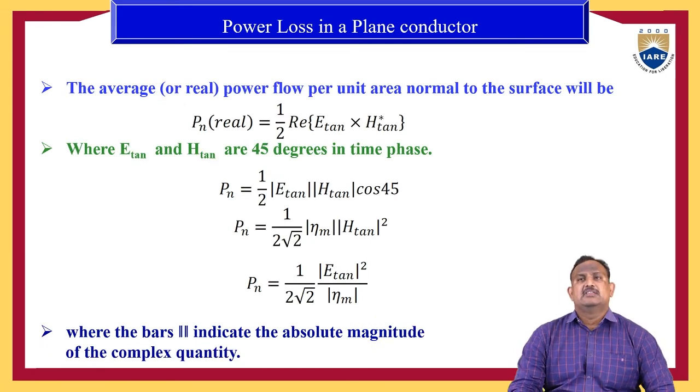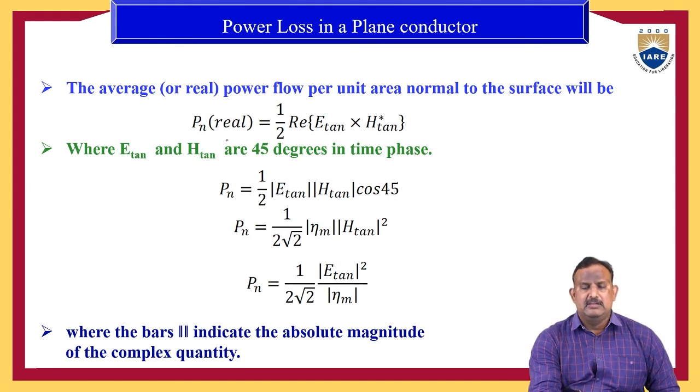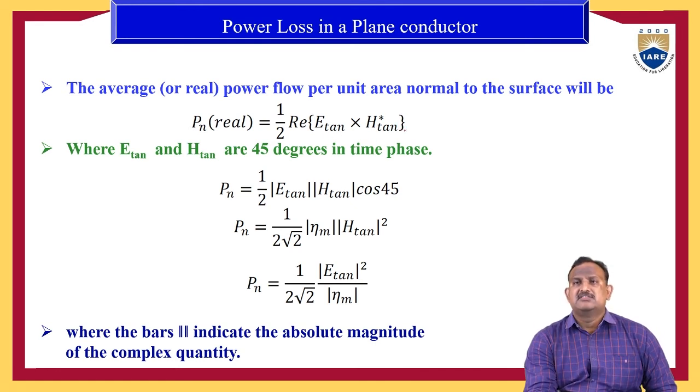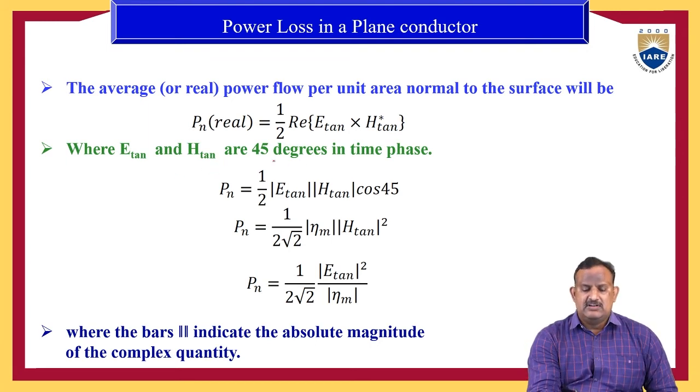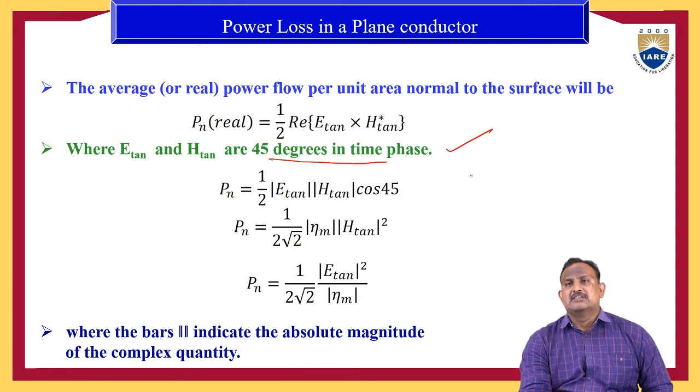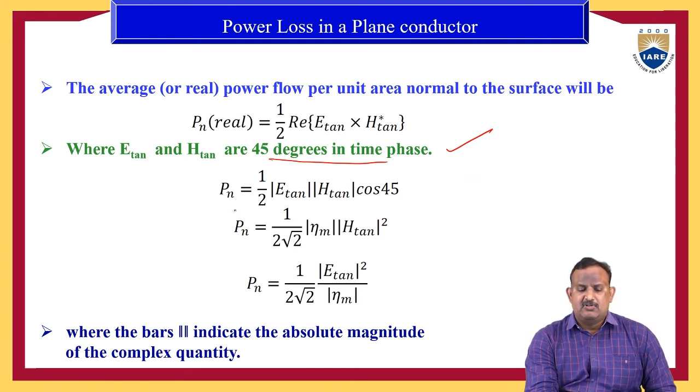The average power flow per unit area normal to the surface will be P normal, equal to half into the real part of E tan cross H conjugate tangential component. Here E tan and H tan are the tangential components of electric and magnetic fields, which are at 45 degrees to each other. Therefore, the power is half into the magnitude of E tan and the magnitude of H tan into cos 45 degrees, because these two are 45 degrees to each other. Cos 45 means 1 by root 2. Therefore, it is 1 by 2 root 2 into...